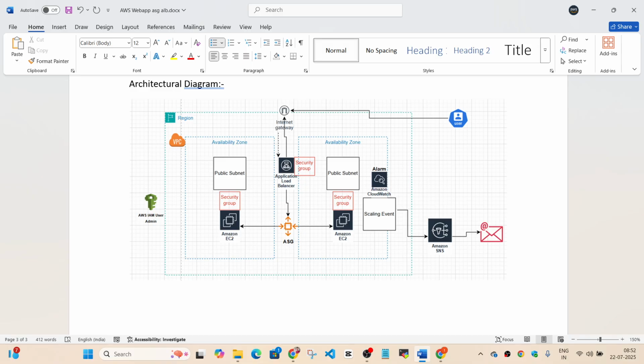For example, if I talk about a law firm, which I've been part of, there was some application which was only private to the company's employees, and only using a VPN you could connect to the website from the company laptops. So all that was completely private. The entire app architecture was exactly the same. The only thing was the instances were deployed in the private subnet, and everything was private, and there was no internet gateway on the VPC. So in this way you can explain it that way also. It depends what kind of use case you want to use.